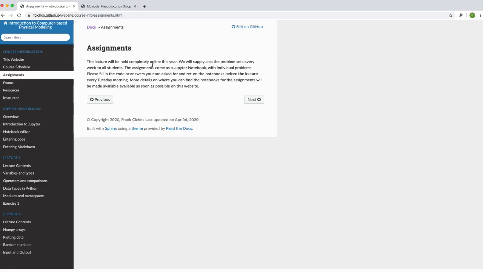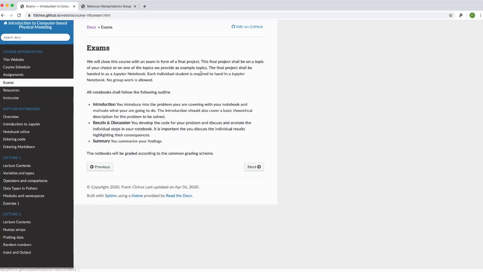Starting on Wednesday, that must be the 8th, you will also get some assignments. That means you get a Jupyter notebook where you have to fill in some code and some answers, and that you return to me, and that will be graded, and you will get some information and feedback on what you achieved. At the end of the course there will be an exam, and the exam means that